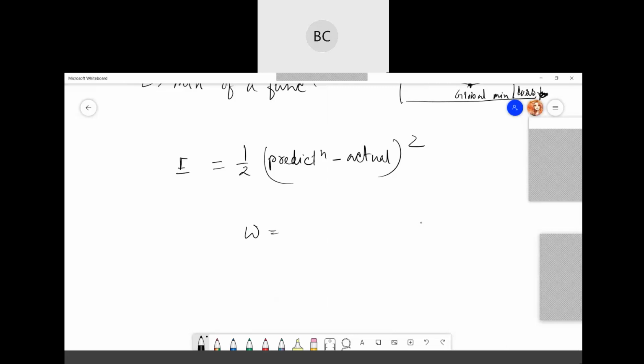Suppose this is your delta W. The weight update will be: W_i new equals W_i old minus learning rate times delta L by delta W. You can also say delta E, it doesn't matter, just keep it E. So you need to find this delta E by delta W portion. Calculating this is a bit complicated; it mainly uses the chain rule.